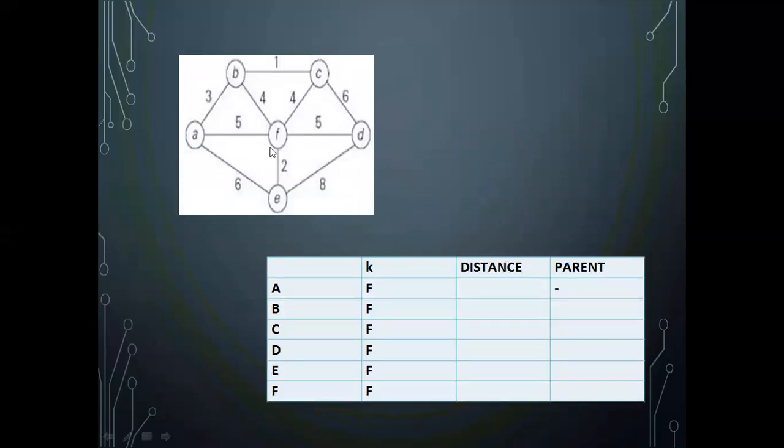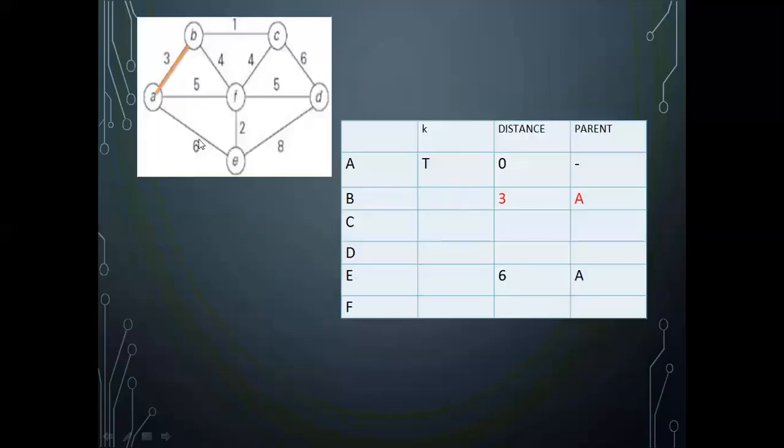So these six nodes are present, and these are the edges. In the beginning, none of the nodes are selected, all the vertices are not part of the spanning tree, so I have kept all as false. Then first arbitrarily you select a vertex. So I am just selecting the vertex A. From A I have connections like A to B, A to F, and A to E.